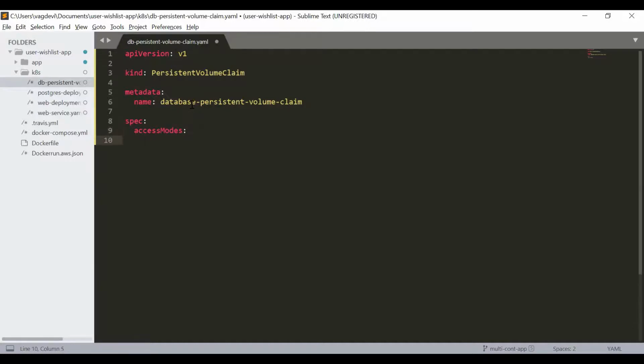So this access mode tells what is the access mode for this persistent volume. Okay, so we are going to define it as read write once, which means this can be used for read and write by only a single node at a time. Okay, then